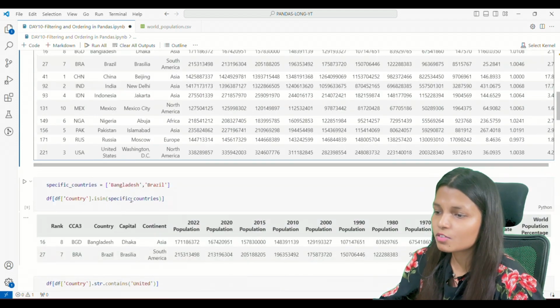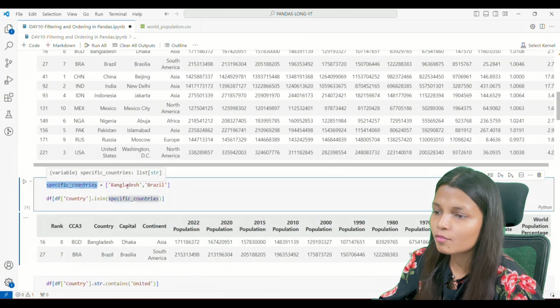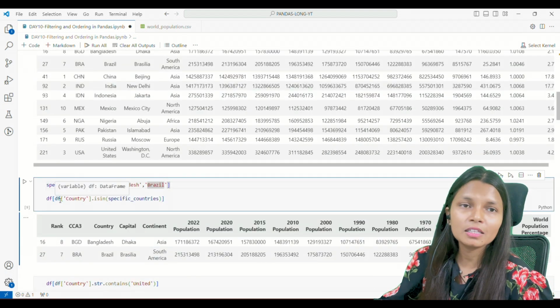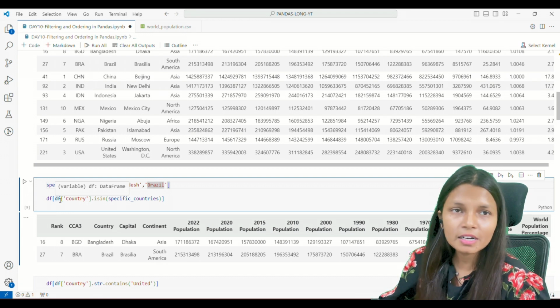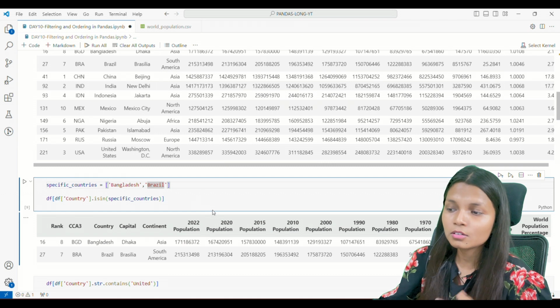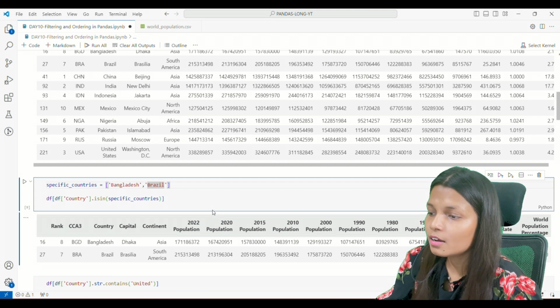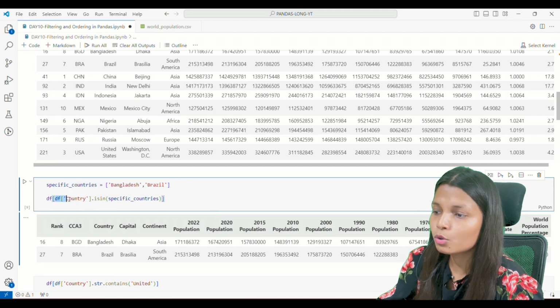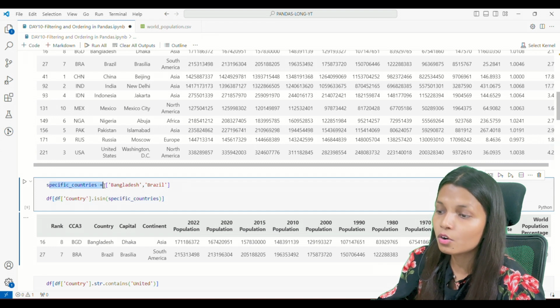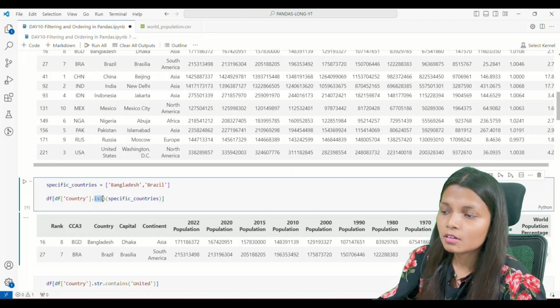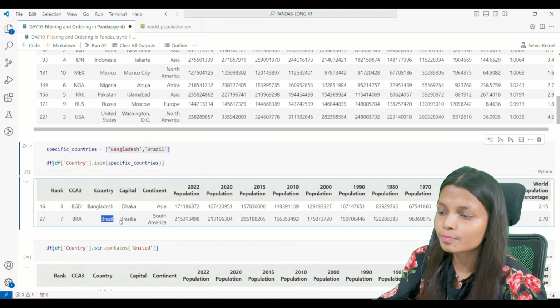Now, we have specific countries, Bangladesh and Brazil, and we have one country column over here. What I want is to see whether Brazil and Bangladesh are in the data or not. These are some conditions that I created myself that can appear while you are doing data manipulation. Out of the data I am taking the country column because I wanted to check whether these specific countries are there or not. If they are there in the data, then print it out. So I am using isin: df country dot isin specific countries. It means Bangladesh and Brazil will come up. Over here we can see we have Bangladesh and Brazil in the output.